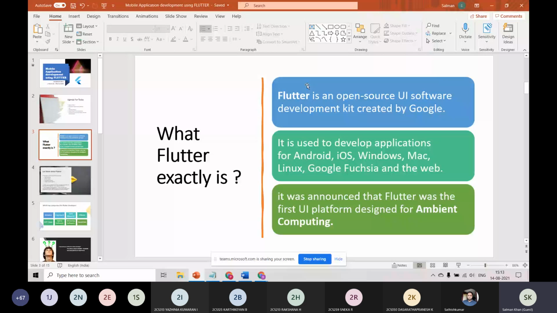So that's what created demand for Flutter developers in this type of thing. Flutter can be used for both front end and back end, but I personally recommend you use it only for front end, because Flutter has a little bit less ability compared to Python or any other backend languages which you use.